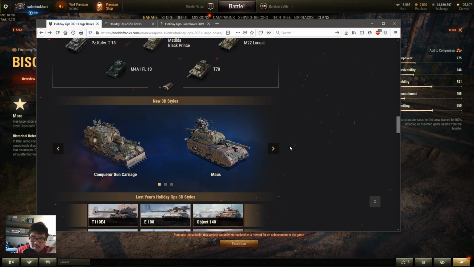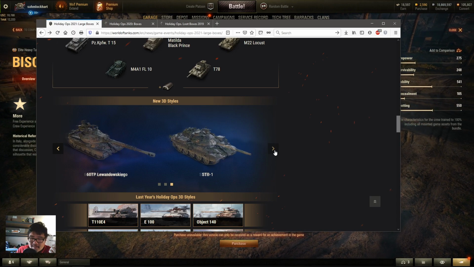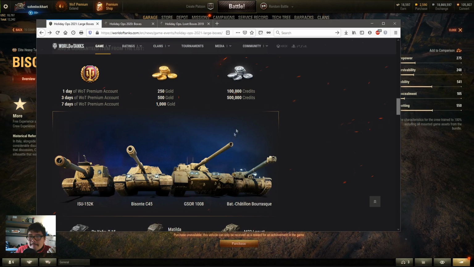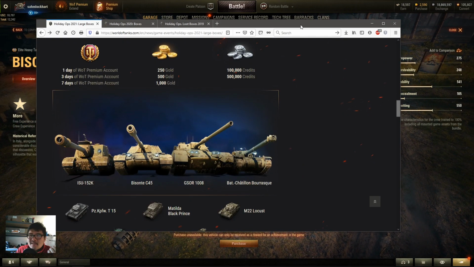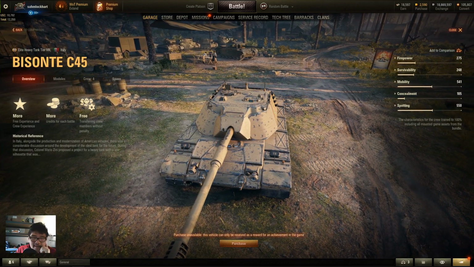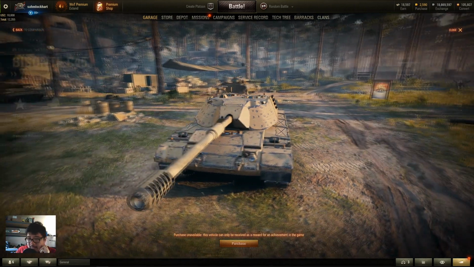And let's not talk about the skins. Skins are always good. They have a lot of junk on them now, so they're more elaborate, but I still think they're all pretty decent. But yeah, these two are the sole selling point of this year's loot boxes. And I don't know how I feel about them. I don't know how I feel about this vehicle right here, the Progetto 71, also called the Bisonte C45, but